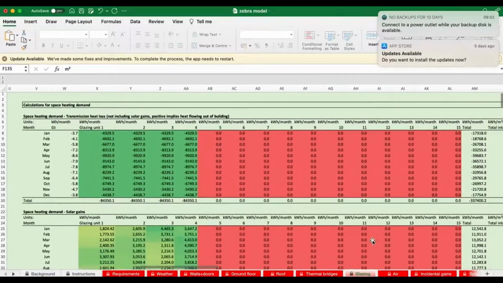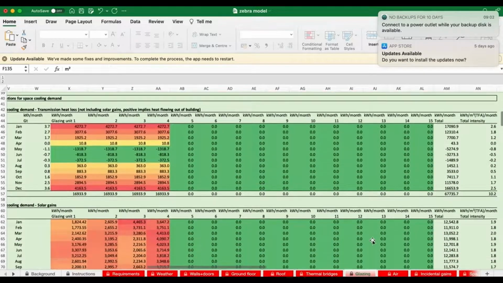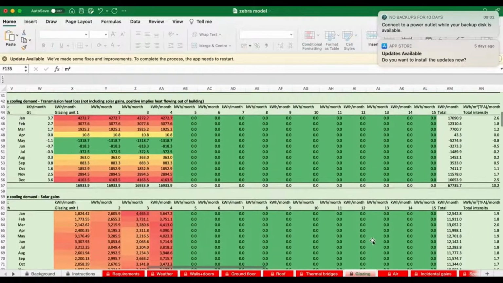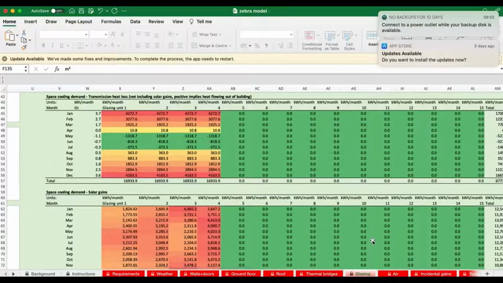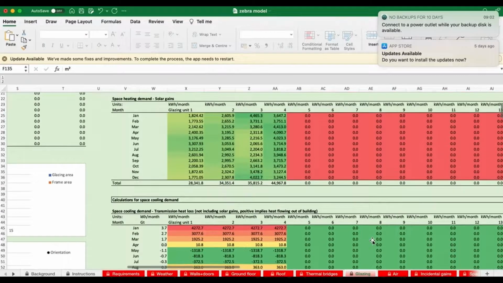So have a look for this extra information and you'll be able to find what time of year each window is a net benefit to the building and when it isn't a net benefit. The fact that these numbers are quite different from windows that point in different directions is actually a strong hint that maybe we'd be better off not modeling the whole building as one, but certain elements of the building, like the east-facing facades, east-facing apartments, and seeing how much energy they use, because we might want to actually